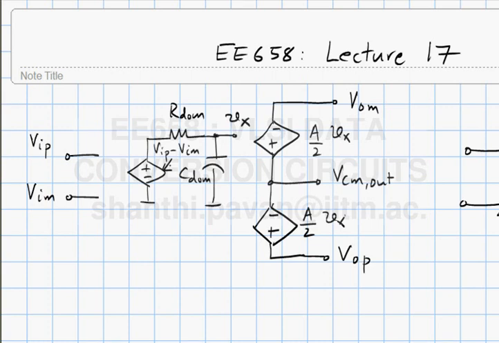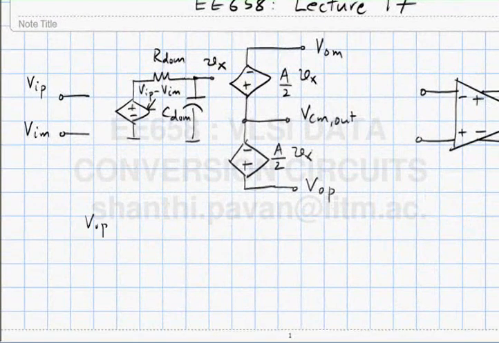So the output voltage is not simply a constant gain times VIP minus VIM. So VOP minus VOM is seen to be